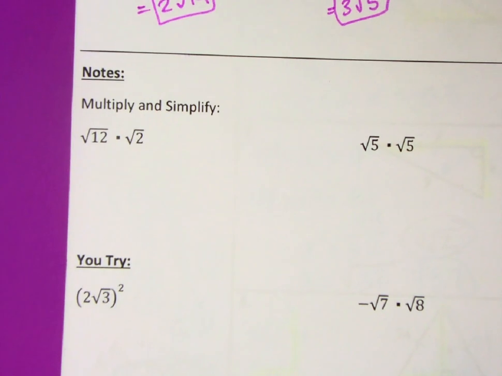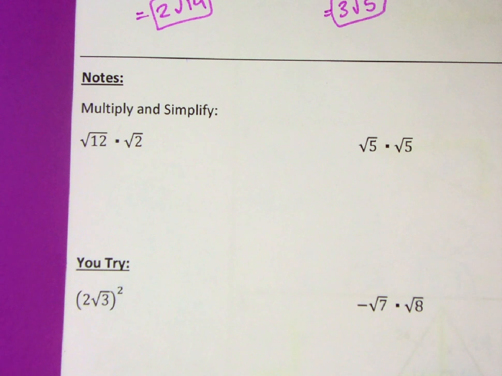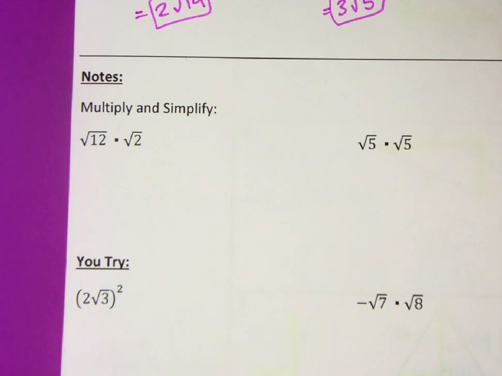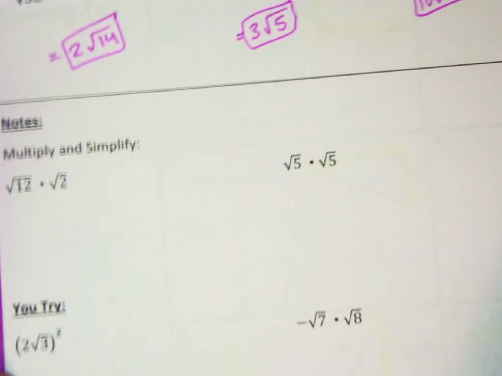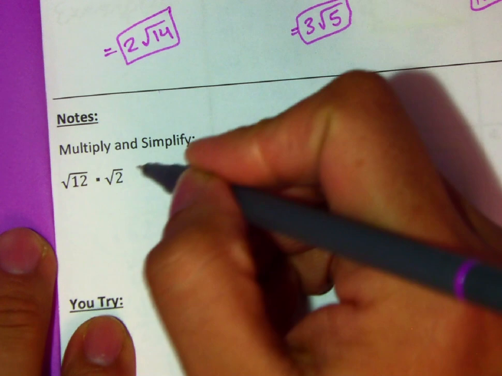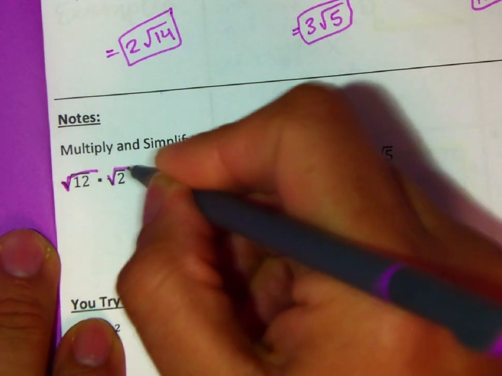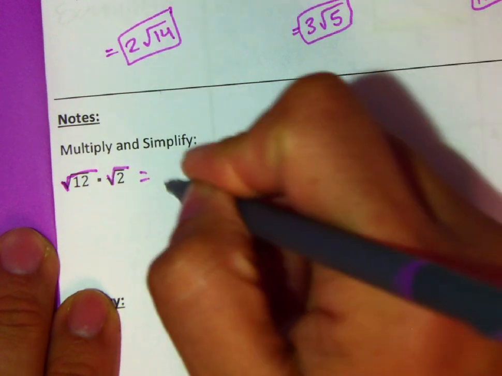Alright, in this video I'm going to go over the second part of the page of simplifying radicals, which is just multiplying radical expressions. I'm going to go over the first three at the top and then you try the bottom three. Okay, so when you multiply radicals, since they are the same root, you can actually merge the multiplication